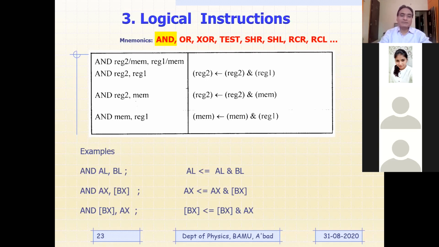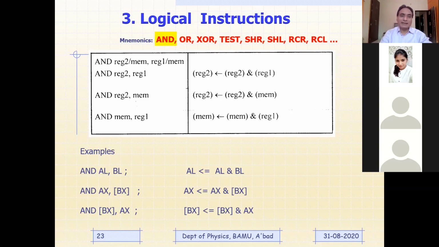So if n is replaced by 2, if there are two inputs, then there would be four possible combinations. 2 to the power 2 means four combinations. What are those four combinations going to be? 0 0, 0 1, 1 0, and 1 1. These are the four possible combinations, and then you need to see what the output would be for each.